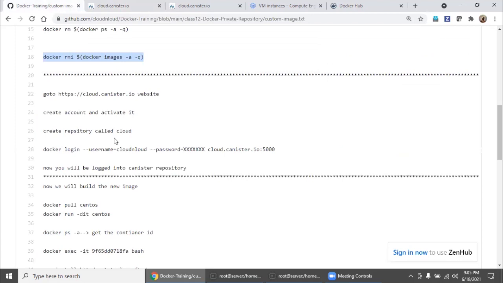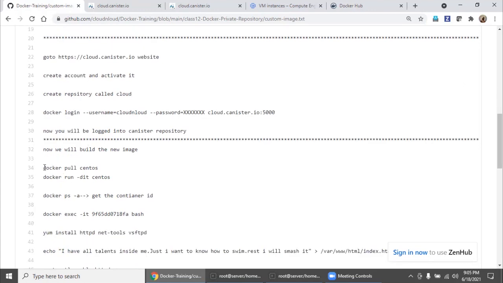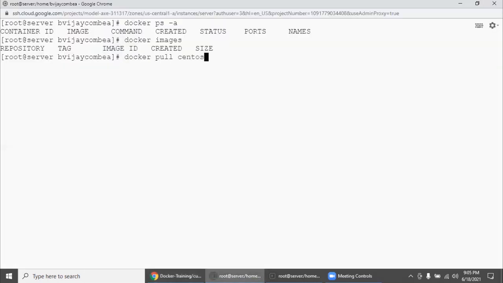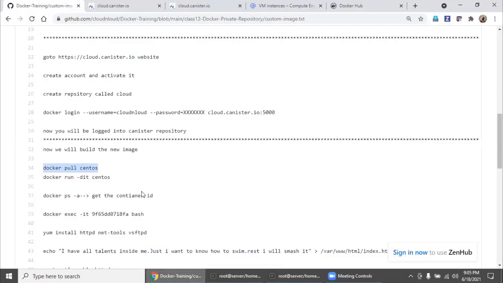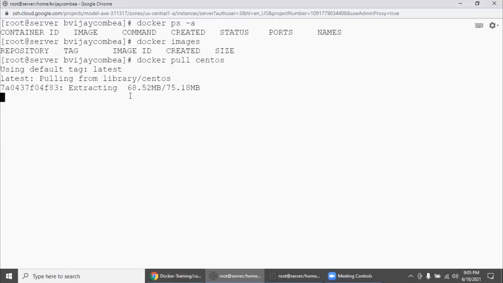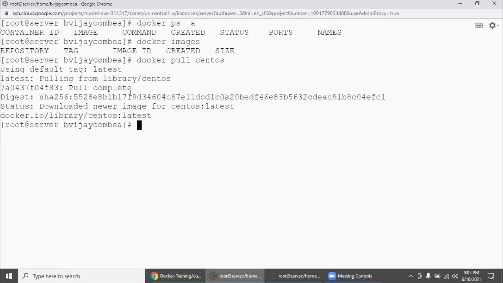Go here, and first you need to log in. We will come back to that. Without login we cannot push. So let's first download one image, because we need to test it. We are pulling CentOS. This pull is happening from hub.docker.com, but once we create a custom image, we will not push it back to hub.docker.com; we need to push it to the private repository.